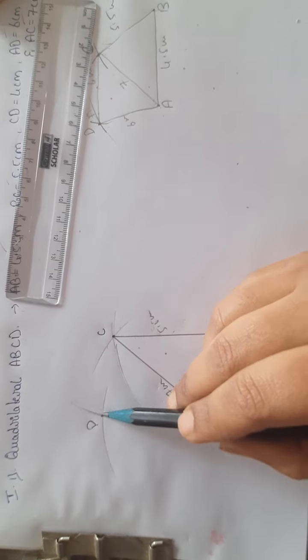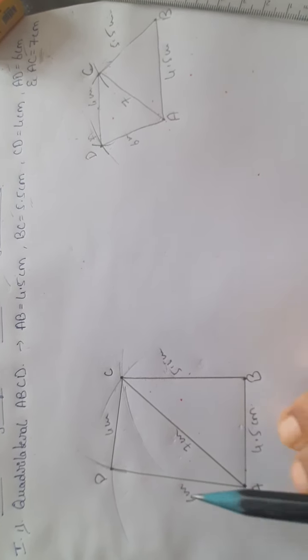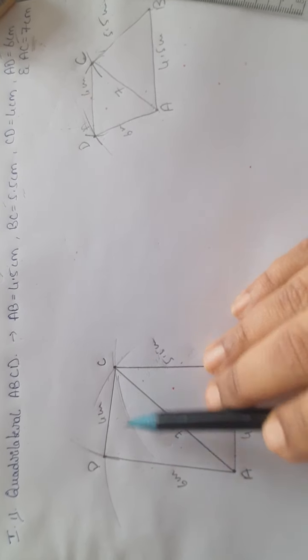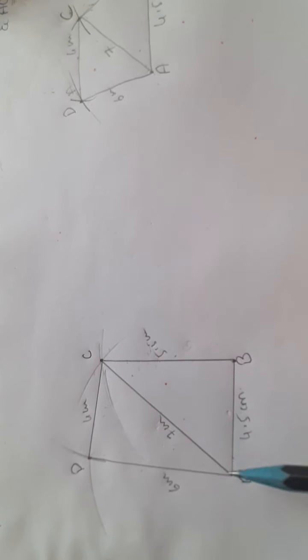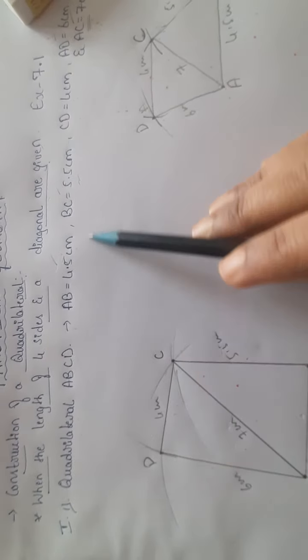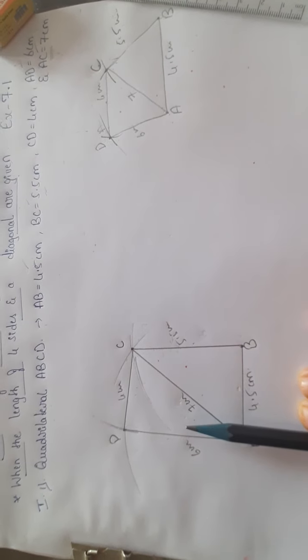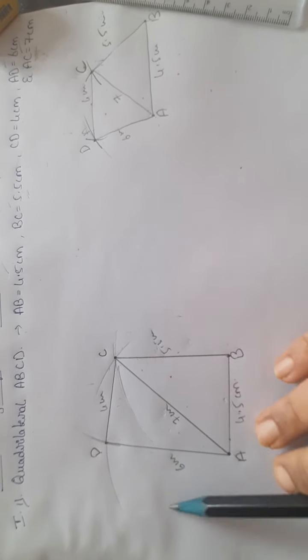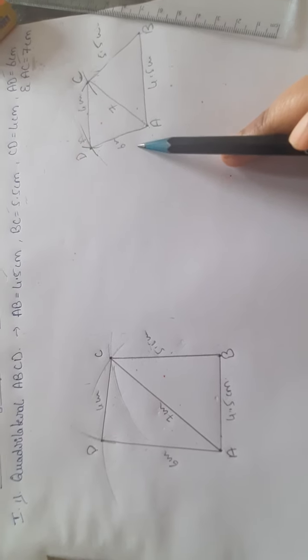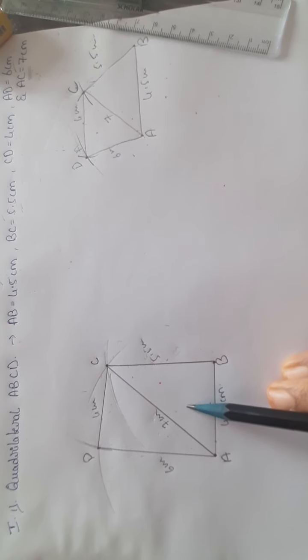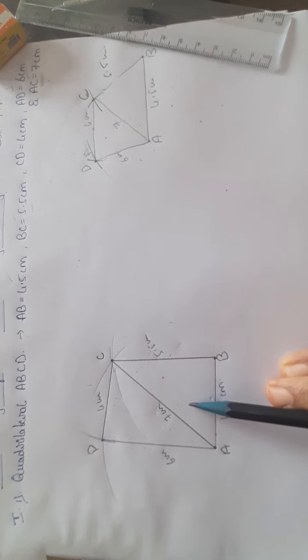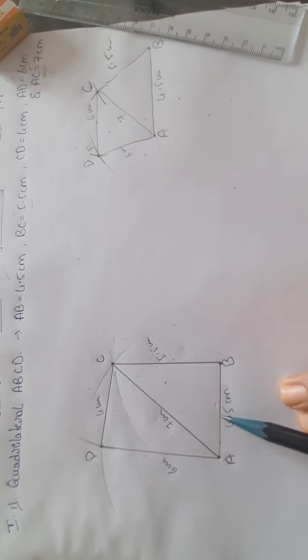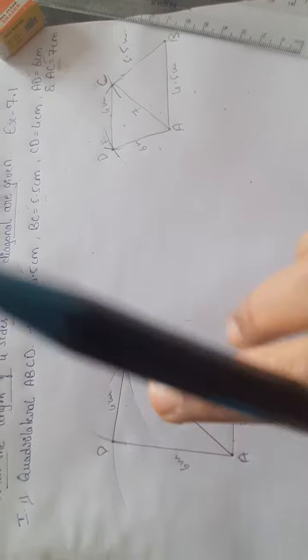Now with the help of the scale, join CD and AD. I joined side AD, which is 6 centimeter, and CD, which is 4 centimeter. Hence I finished constructing the quadrilateral ABCD with the given measurements. This is how you should construct a quadrilateral when all the 4 sides and a diagonal are given. Draw the rough sketch, accordingly do the construction. First, one thing you have to keep in mind is first do the construction of the triangle and then continue with the quadrilateral. This is about the first problem, children.